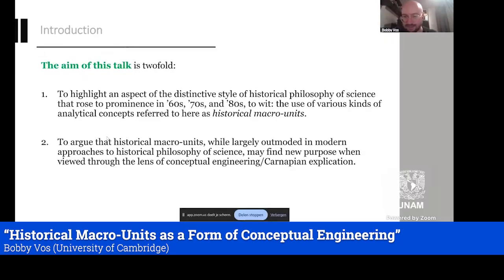You can also take here the dual perspective of Carnapian explication, which is a perspective that many people within the conceptual engineering community also take when it comes to pinning down their view on philosophical method. And so that is also a focus that I will be following in this talk today. So